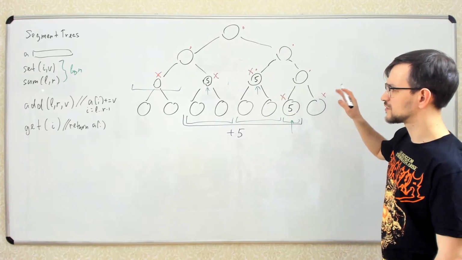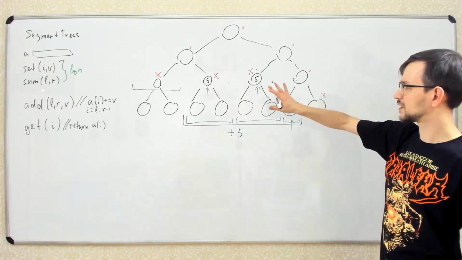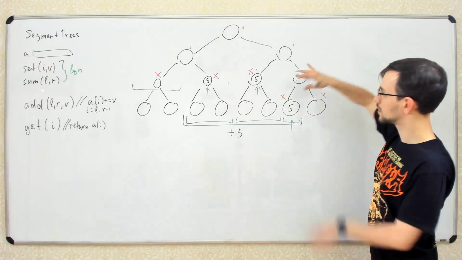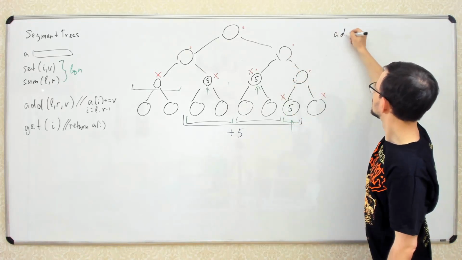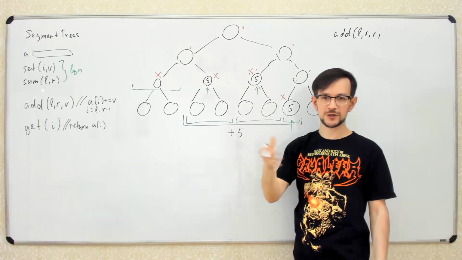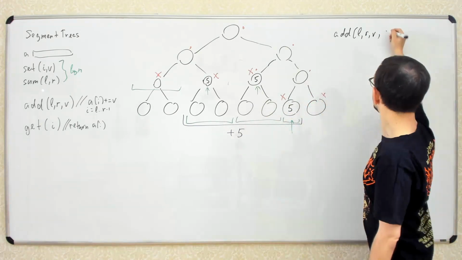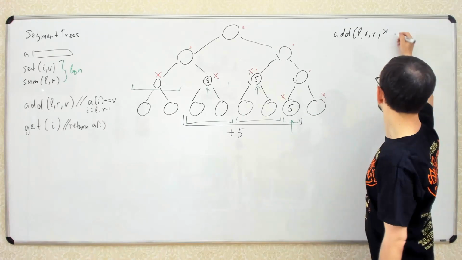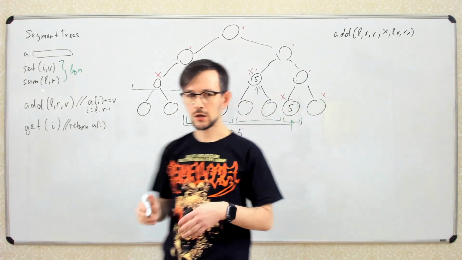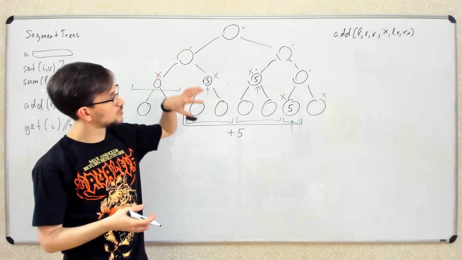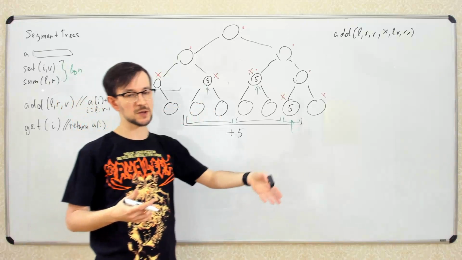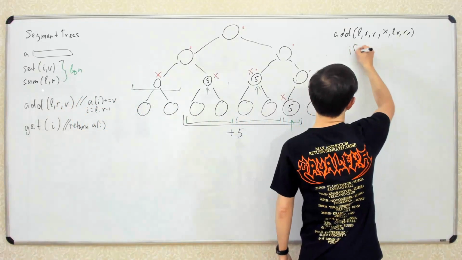Now let's write the pseudocode just to make it perfectly clear. We make a recursive procedure. Again, we add this LRV, and we add 3 parameters like before: the current node and the borders of the current node. And now we make the same 2 checks. First, we check if the segment is completely outside. So if it is